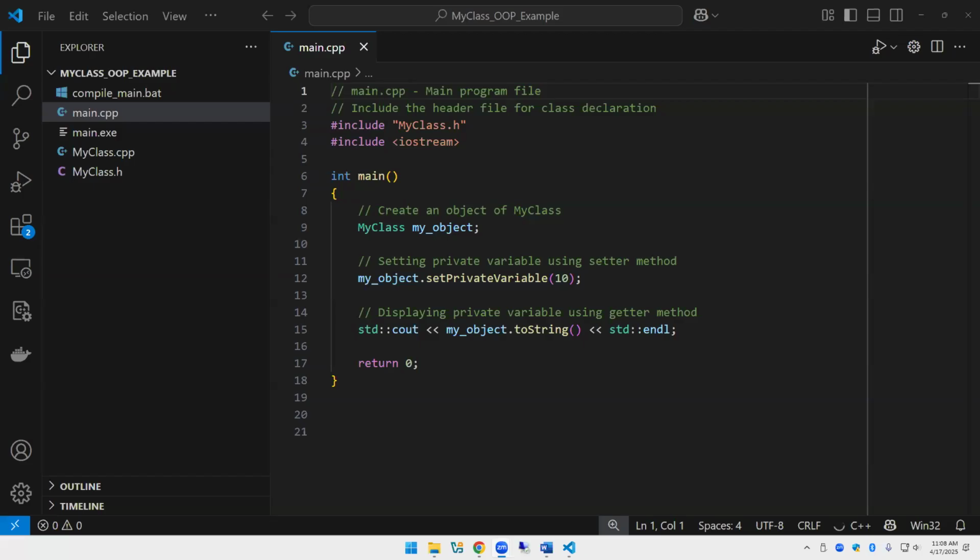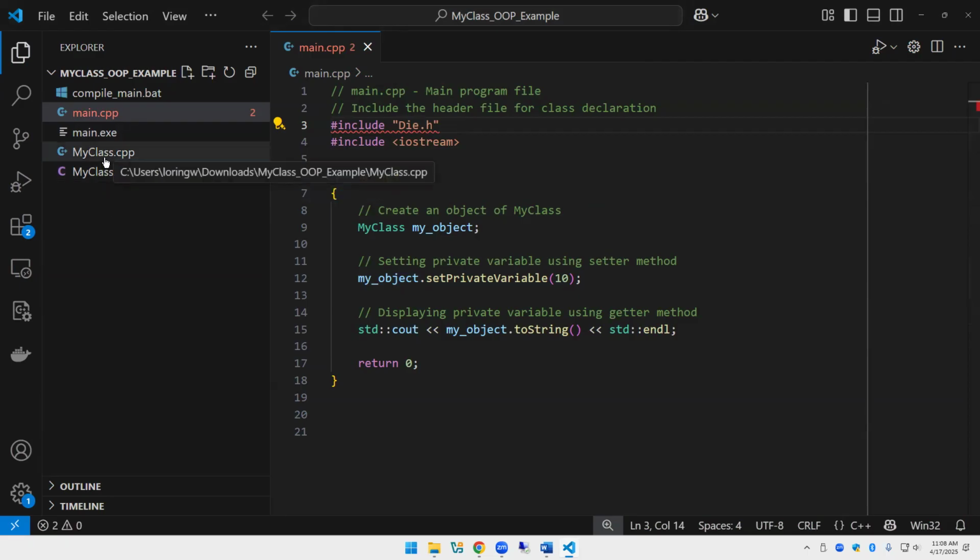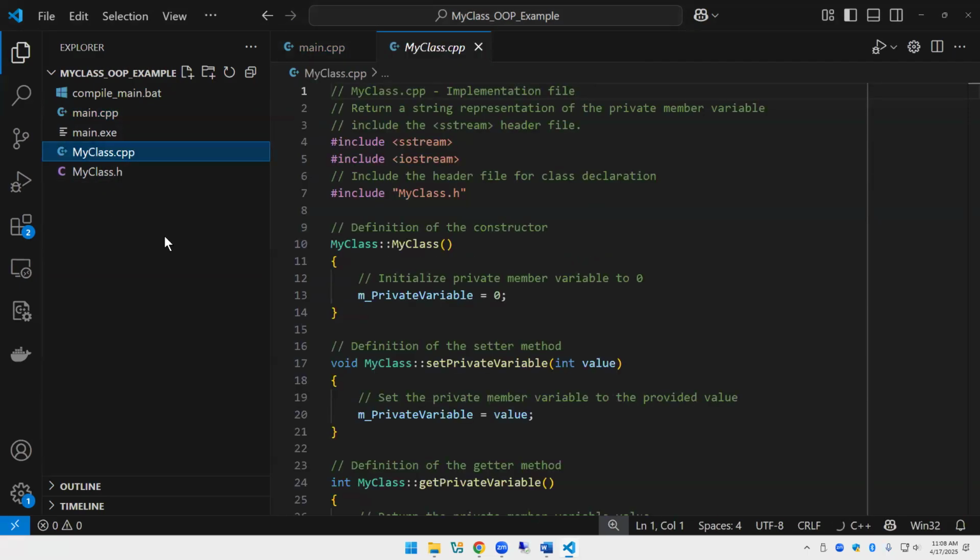All right, we are going to take the my class OOP example and create some loaded dice. I'm going to go through and rename things. I think main is a perfectly good name for the main program, but I think my class is not very helpful. I'm going to call it a die because a die is a single dice, and that's what we're making. We're making a single dice, which means we need to change these guys. So I'm going to rename them to,